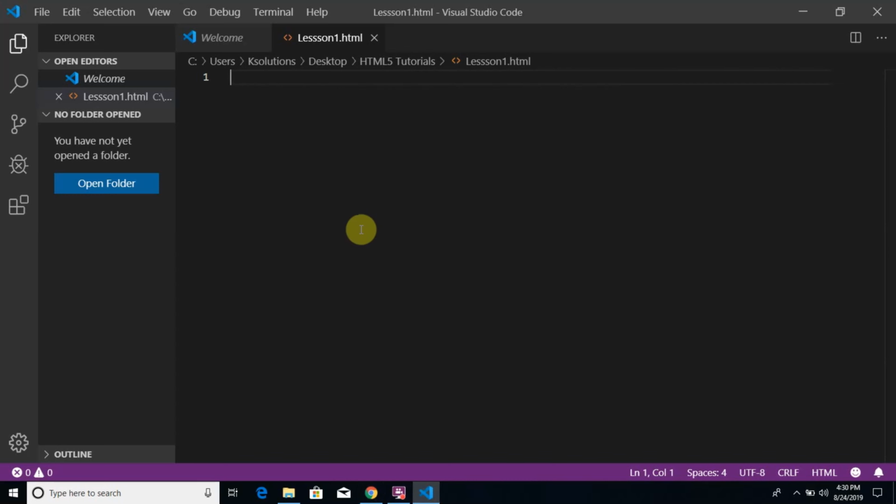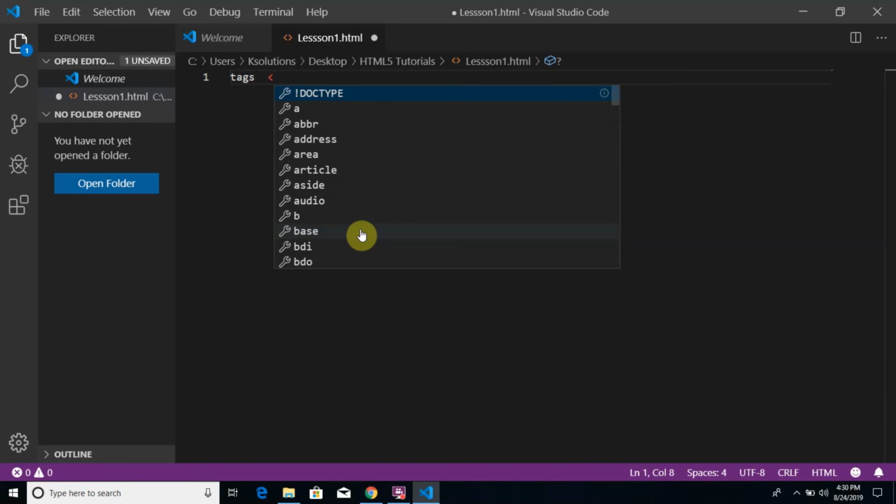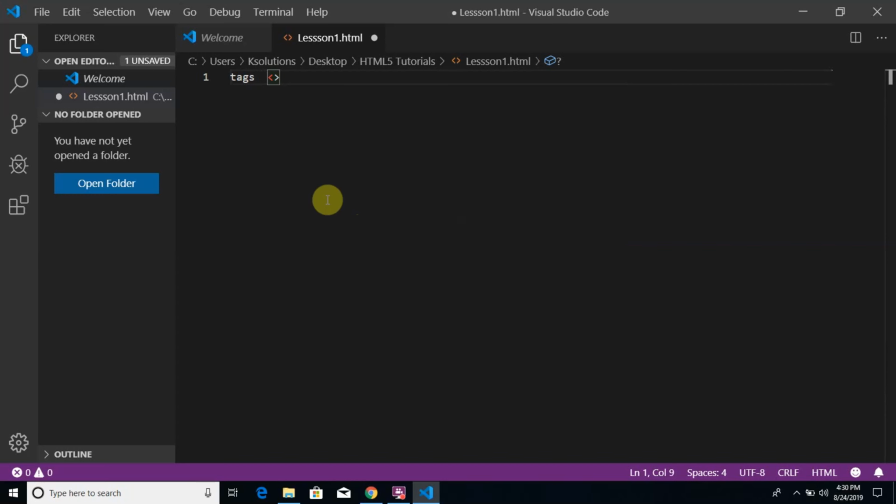HTML, the first thing you want to know is HTML is written in tags. So we call it tags. By tags, we mean this. So a less than sign and a greater than sign. This is a tag. Okay, all right. So I can write Kenny, for instance. So this is a Kenny tag. So this tag will be referred to as Kenny tag. That's the first thing. HTML is written in tags, and then the next thing you want to know is